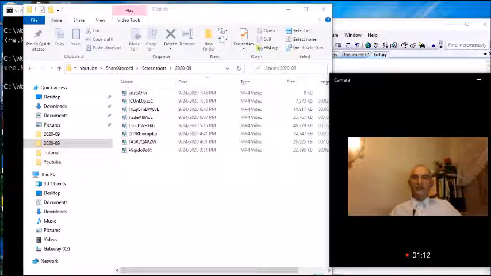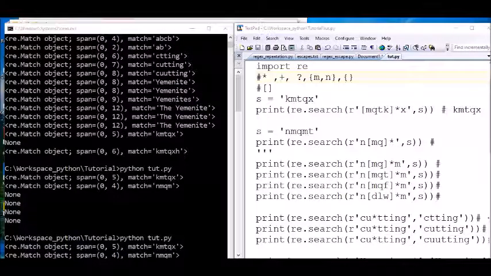The subject. Let's start. Here, the meta character quantifier. We have star, which means zero or more.